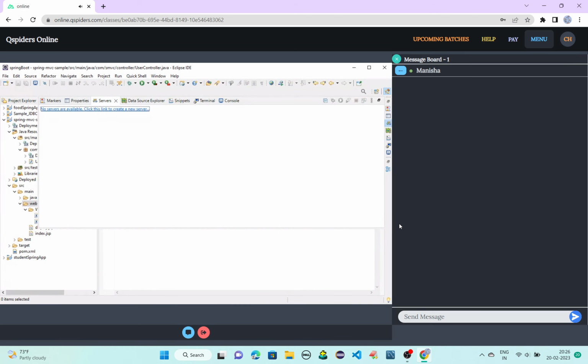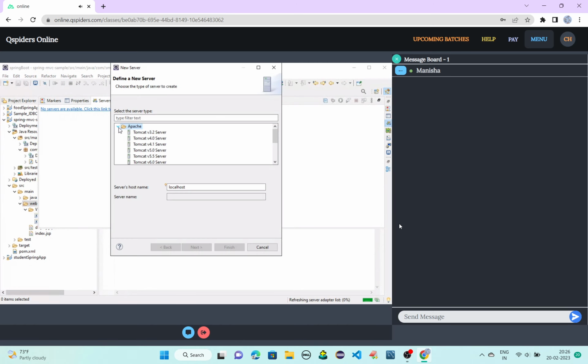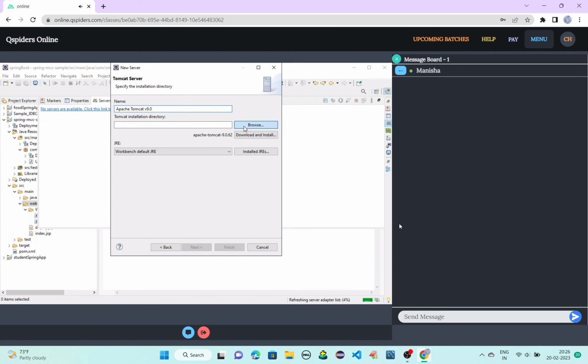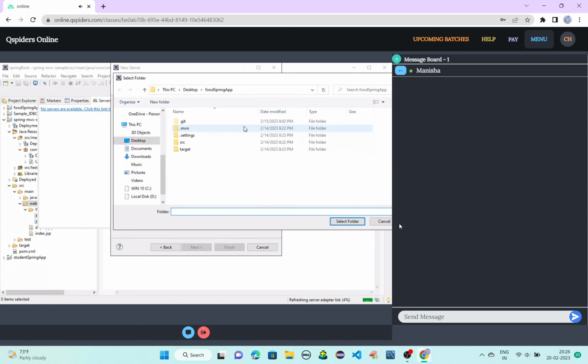So here we need to add the server. Apache Tomcat 9. Next, browse the server location. Where was that?